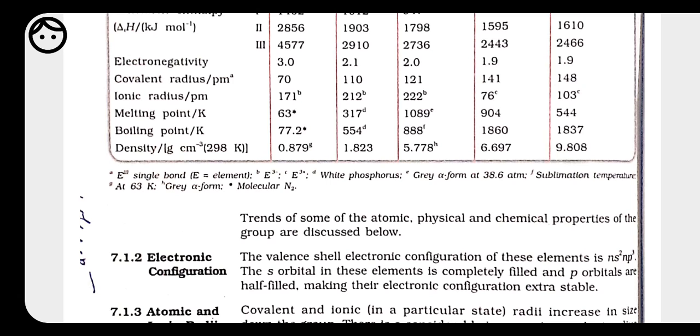Okay, if we look at the ionization energy of group 13 elements, it is found to be smaller than the ionization enthalpy of group 2 elements. In group 13 we have boron and aluminum. According to the trend, the ionization enthalpy of group 13 elements should be more than that of group 2 elements, because in group 2 we have beryllium, magnesium, and calcium. But on comparing, the ionization enthalpy of group 2 is more than that of group 13. So why does this happen?